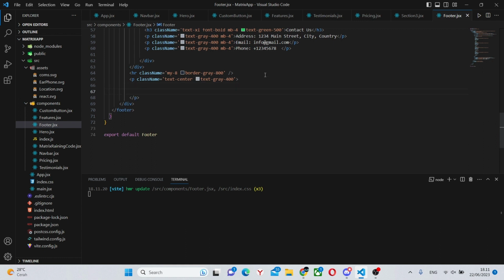In here, we can say copyright, new Date().getFullYear(), Matrix App all rights reserved. So this will automatically update the year.